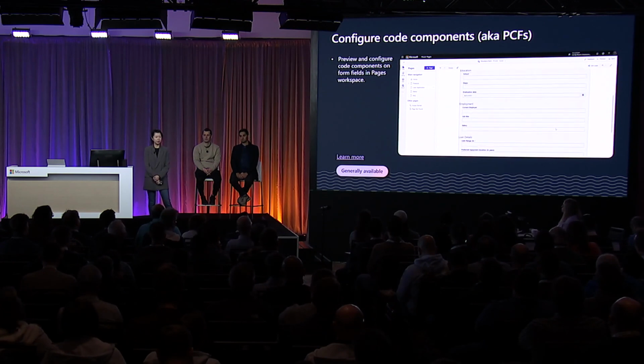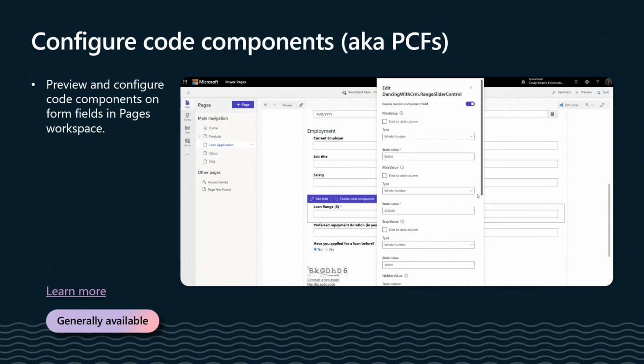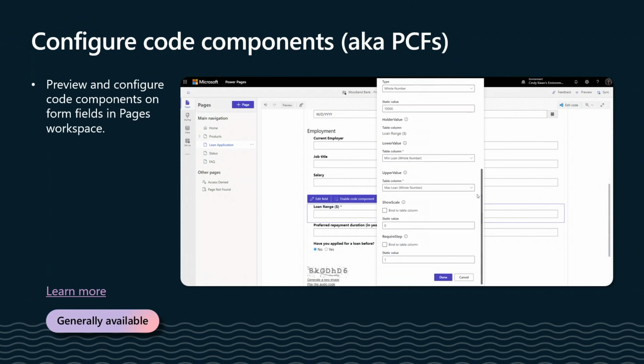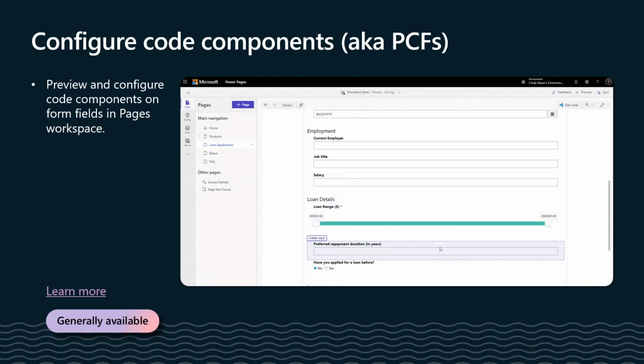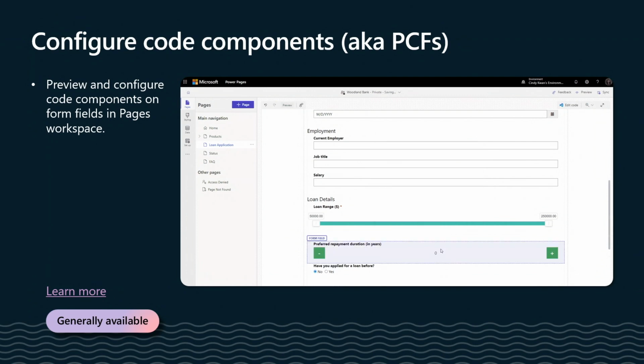Business sites typically have custom layouts and functionality, and organizations will want to reuse these custom experiences across their sites and their applications. Power Pages supports reusable custom components, including web code components and web templates. Code components are built using the Power Apps component framework, and these components can be reused on Power Apps like Canvas apps and model-driven apps, as well as Power Pages.